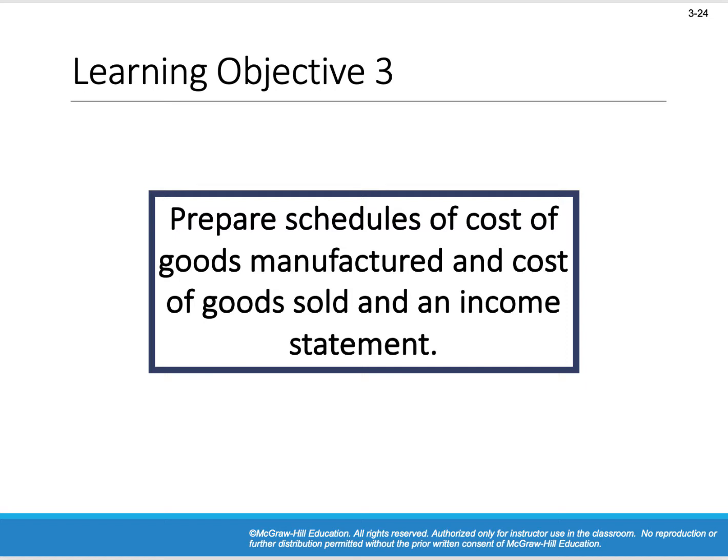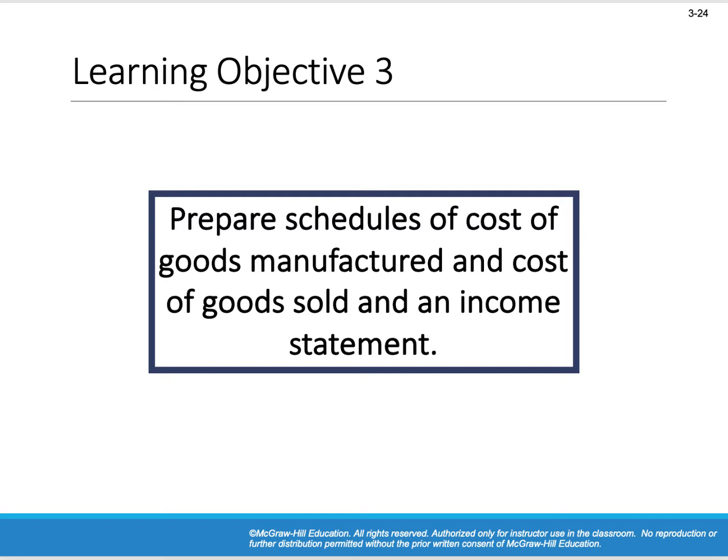We're still dealing with chapter 3, and chapter 3 still pertains to job costing, but this time we're looking at how costs flow through the job costing system. Up to this point, we looked at journal entries, right? We said let's use the T accounts because T accounts are sexy, right? And they're easy to use, and it gives us a nice visual representation of really how the costs flow